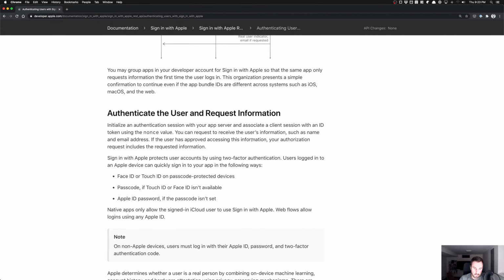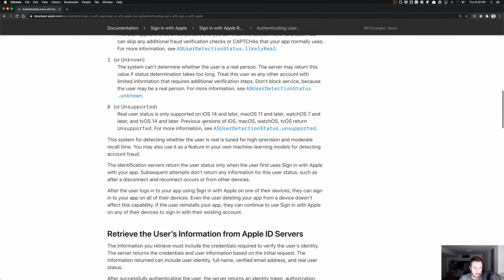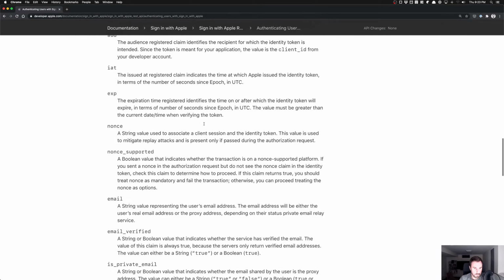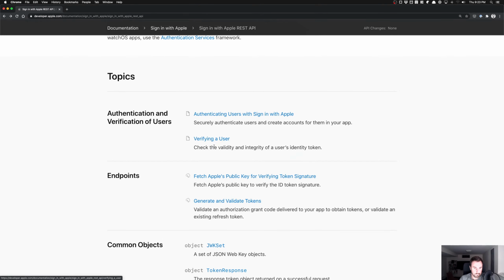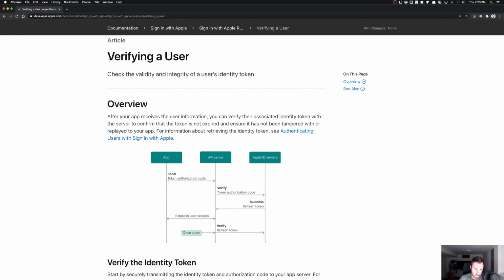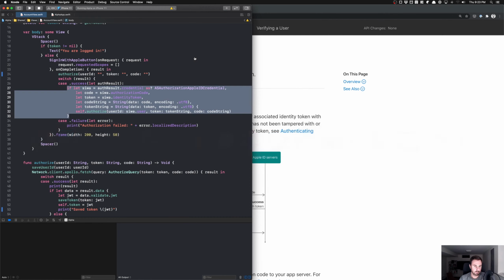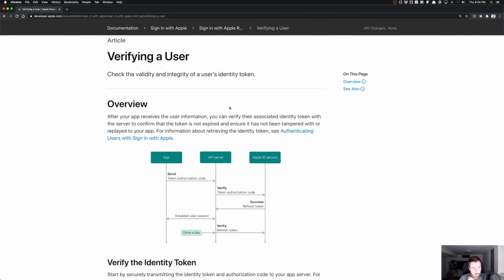But those things aren't really that important. What's most important is the verification of the token. Once you get the identity token from the Sign in with Apple API, you then have to validate that the token that's been given to you hasn't been tampered with or isn't bad. If you see here, the app has to send the token authorization and the authorization code, and then